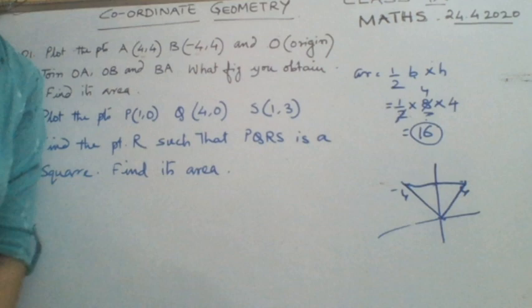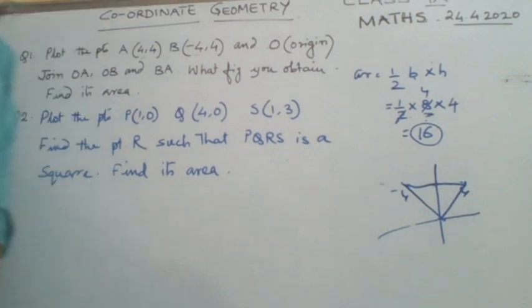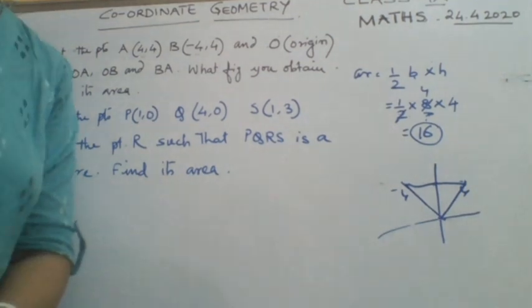Okay. Now area of square also you have found, that is 9. Once again we will go back to the graph sheet on the board and